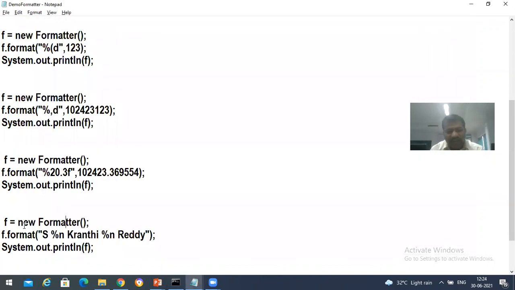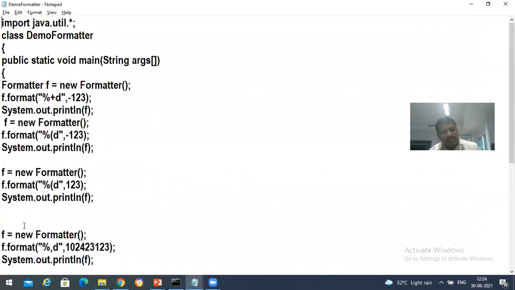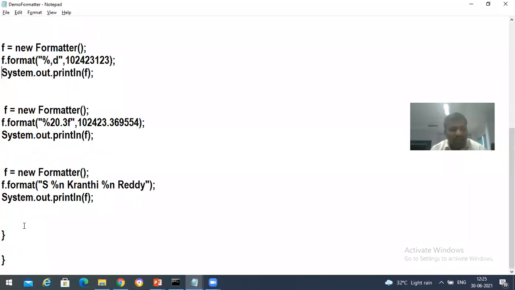Like that, many things are available in this. Not only what I showed, these are few examples, but many things are available. You can search on the net. We find different formatters, but we are not going to use these things anywhere. Just given that whenever you are going to deal with huge expressions and all, in that case we might be using it. But as per my knowledge, the importance of this is very less. Okay, so make a note of this program.